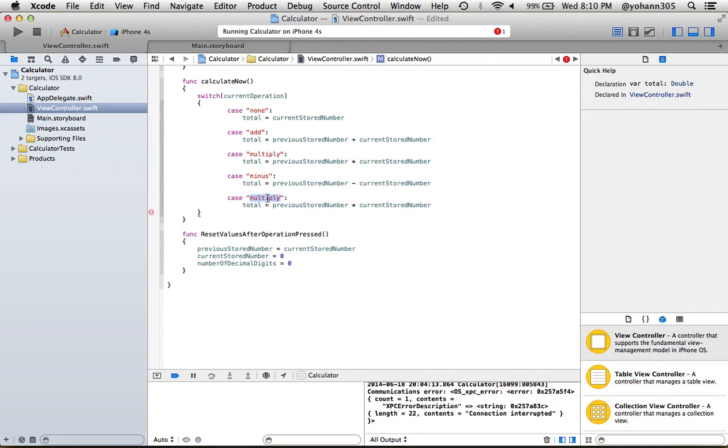Okay, divide, and this time it's going to be the previous number divided by the current store number. Now we're pretty much done. What we have to do though is the case when we press the dot, right? Now this one is a little bit more involved when somebody presses the dot,